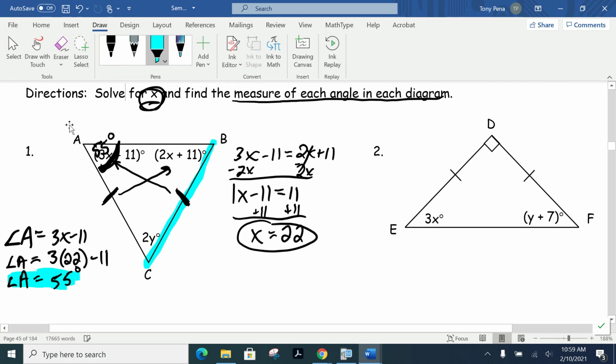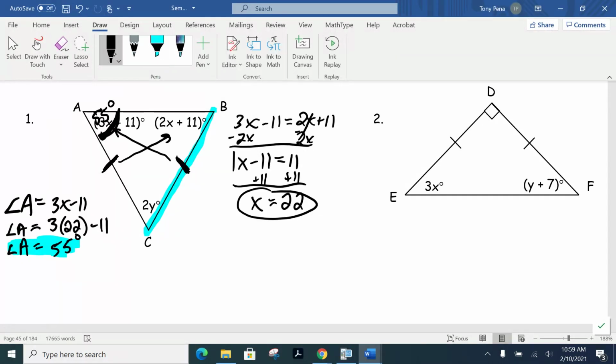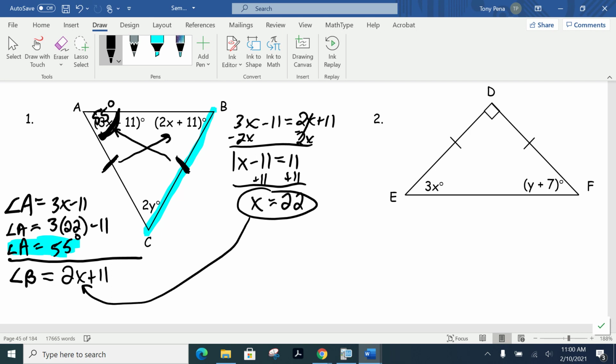The next angle I want you to write down is angle B. And so if I now ask you to find angle B, angle B is easier, at least it should be. We could, if you want, take this 2x plus 11, and you could take the x value of 22 and substitute it in. Totally fine, definitely going to work. However, it's somewhat unnecessary